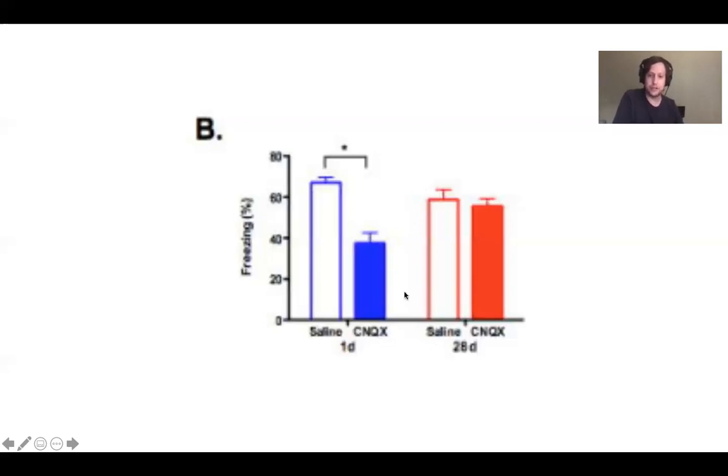At 28 days, though, this is where some really interesting findings occur. In general, you can see that 28 days later, they show less freezing behavior, which makes sense because it's been 28 days, so they've forgotten to some extent. The memory is less strong in their mind, so the saline bar right here is smaller than the saline bar here. This is just forgetting. 28 days later, the rats are placed in that same environment again, and even if they're injected with saline, which keeps their hippocampus preserved, they show slightly less freezing behavior, which is probably just because of normal forgetting that occurs 28 days later.